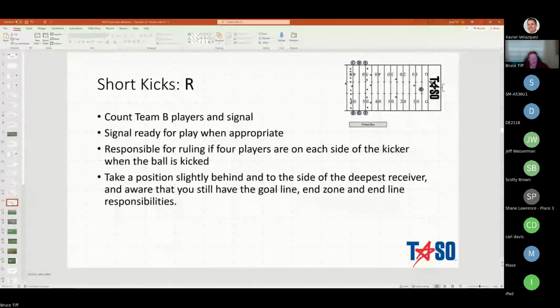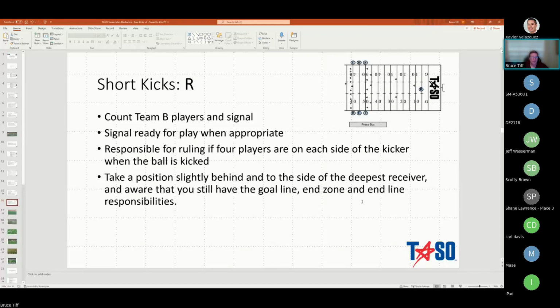Referee probably has the easier responsibility on this mechanic. He's going to be counting Team B players and giving the ready-for-play signal when appropriate. And then responsible, again, for ruling if 4 players are on each side of the kicker when the ball is kicked. And as I mentioned earlier, you're going to take a position slightly behind and to the side of